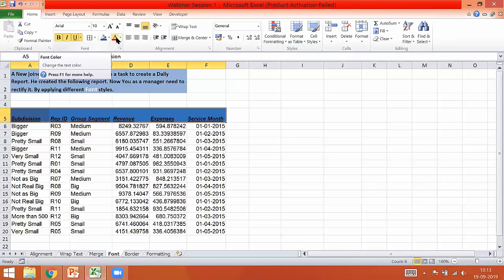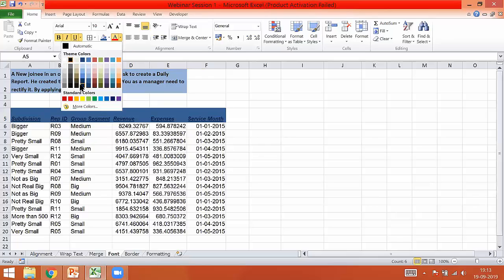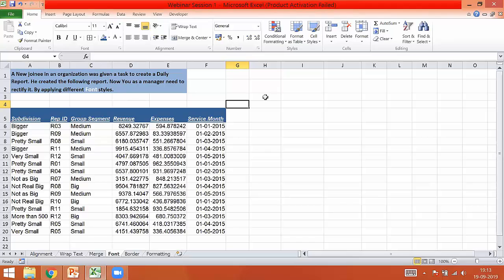So this option is going to fill the cell with the color, that is the background of that particular cell, and this is going to change the text color. I'll go and choose either one of the colors. So you can see this is standing out, or you can also use white. This is also standing out. Okay. So this is how you can create a report which has different styles of fonts.